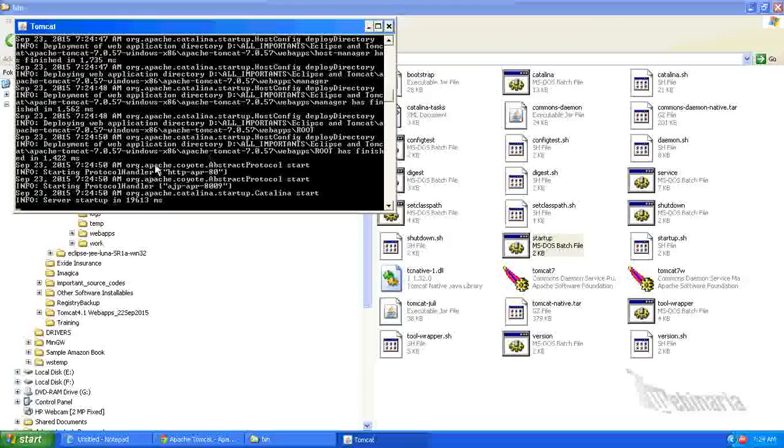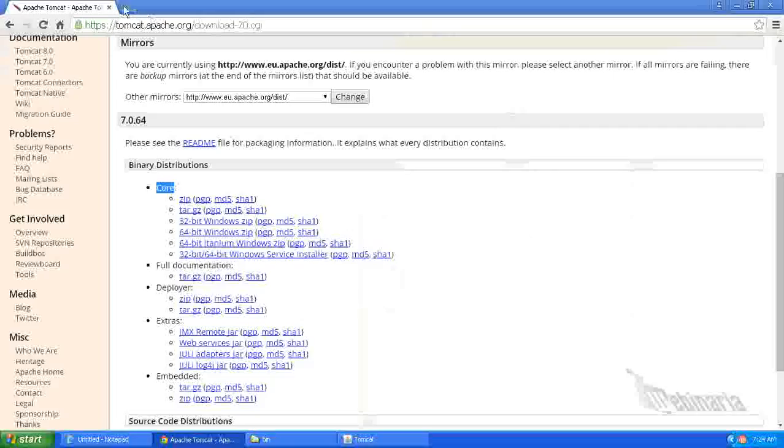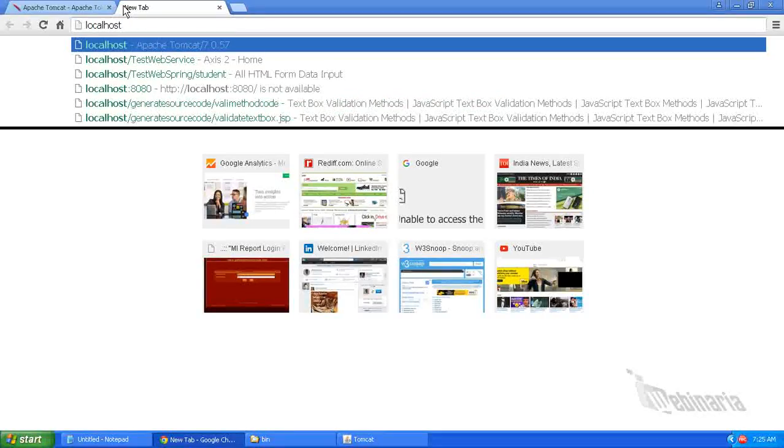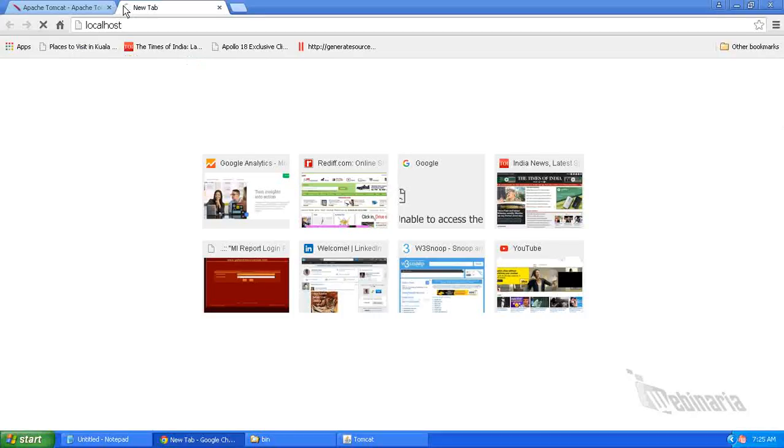Okay, the server is started. I have made the port as 80, hence I need not specify the port. By default the Tomcat port is 8080. So once you install, you need to give localhost colon 8080. Since I have modified that port, I need not specify the port. So I will just say localhost.